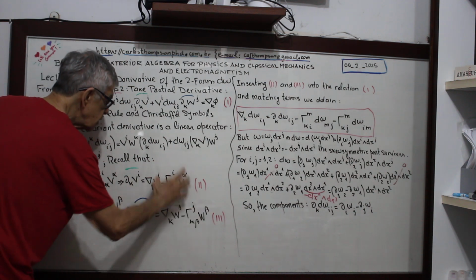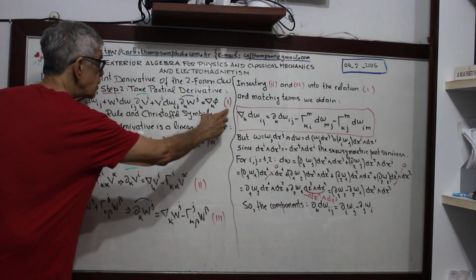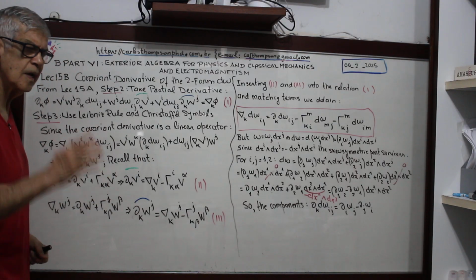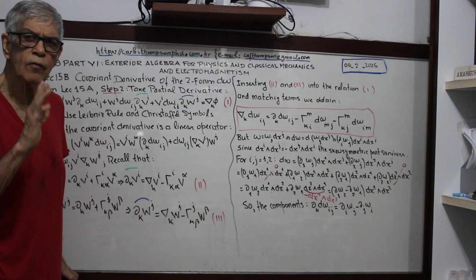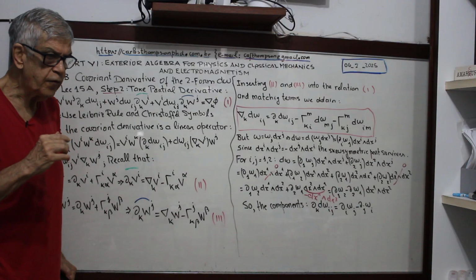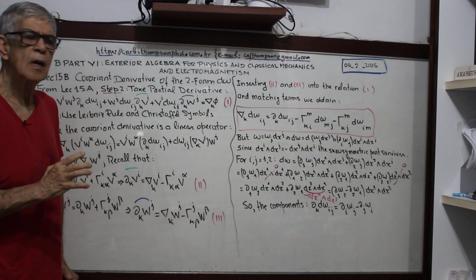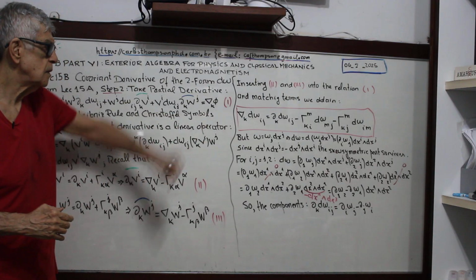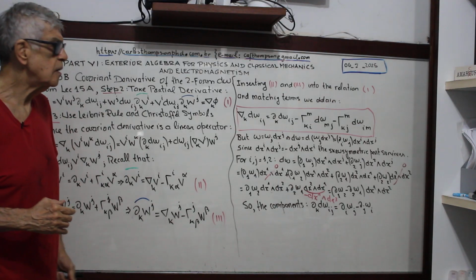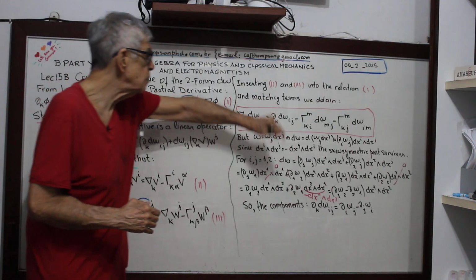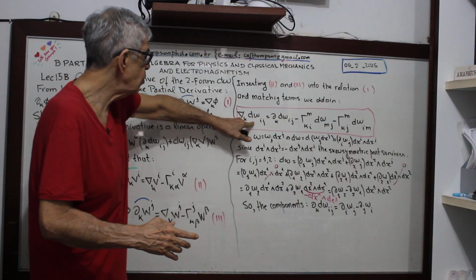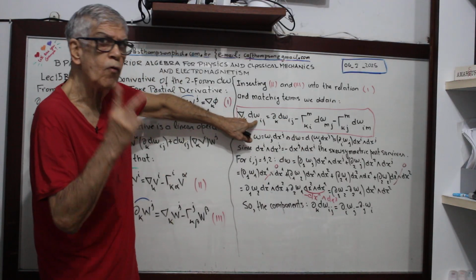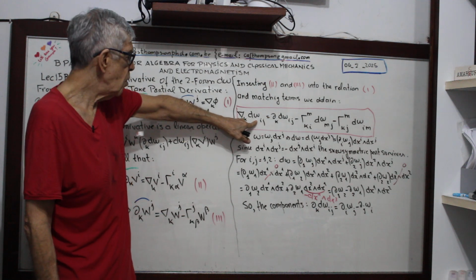I just insert this expression on the relation 1. Then I match, you see, as exactly what I did in lecture 14. If you understood how to obtain lecture 14, this is exactly the same. So I match the terms and cancel, then you obtain this covariant derivative of the two form, okay, of d